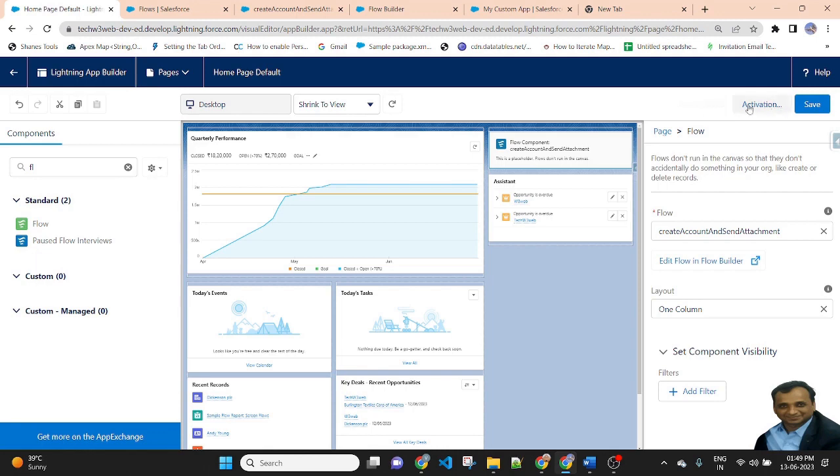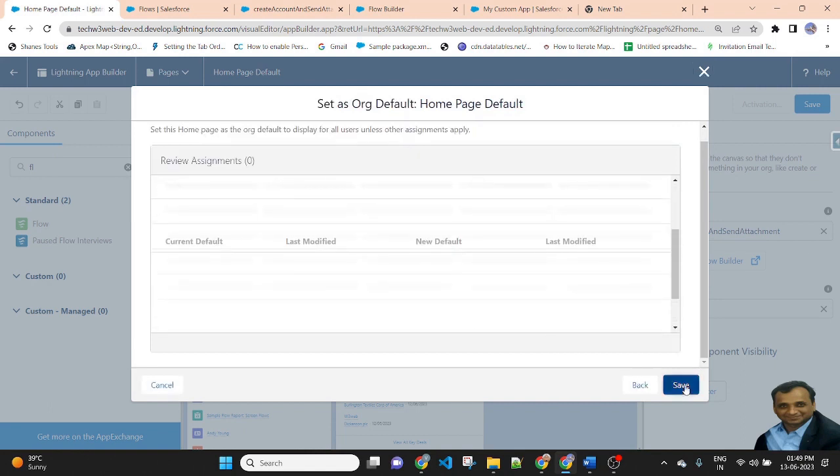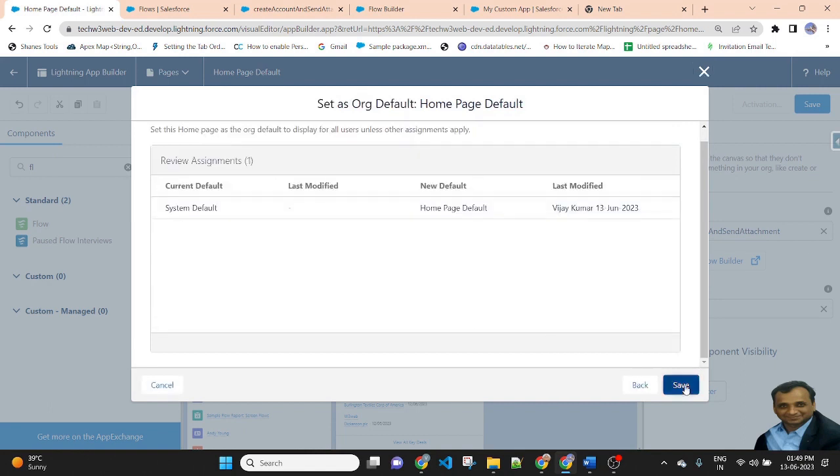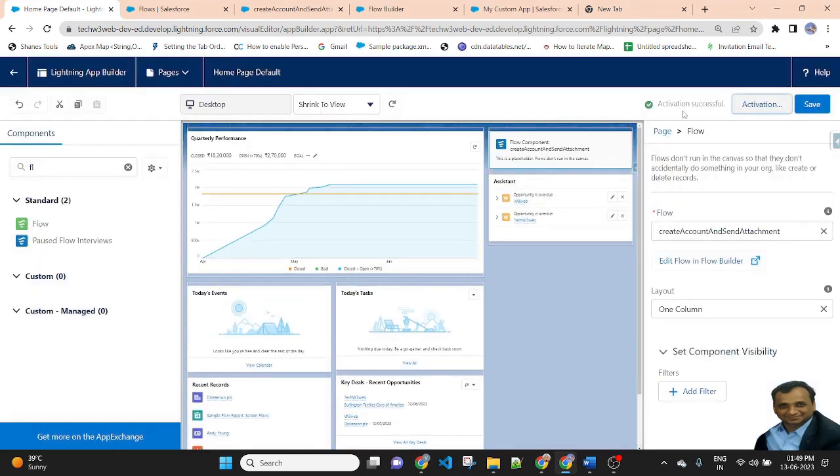File has been saved. Activate this. Assign as default for save, save. Activation successful. Go back.